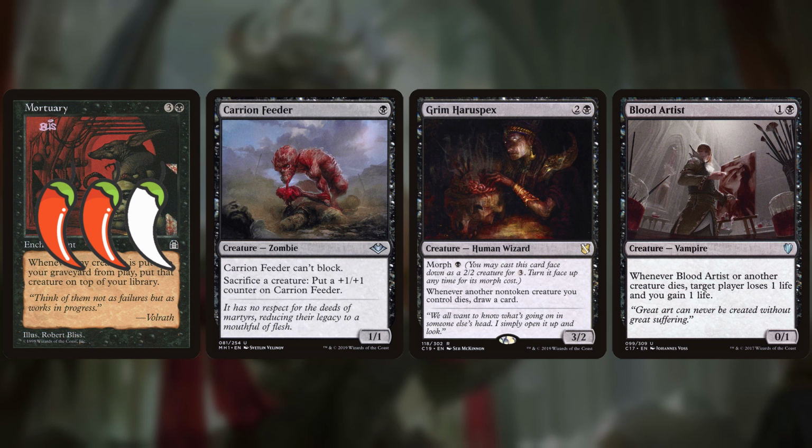And then if we had another triggered effect, like for example Grim Haruspex, we would then draw the Carrion Feeder back to our hand. This effectively allows us to put Carrion Feeder into play and sacrifice Carrion Feeder as many times as we can afford to pay this mana cost. Then if we have another effect like a Blood Artist, we could drain our opponents for as much mana as we could afford. So this isn't by any means a powerful combo, but it is a fun, unique one